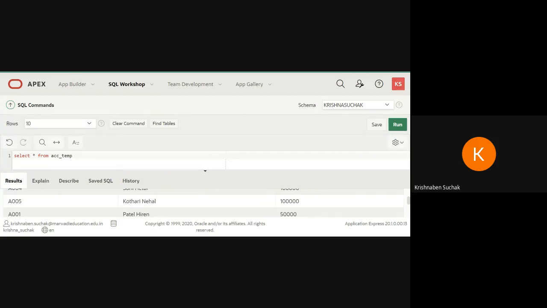Now what we are doing, we are renaming our table ACC, that is account, to account master. So let me rename here. So the query is rename account to account master. Okay.